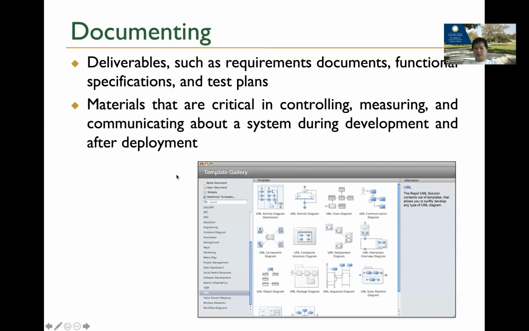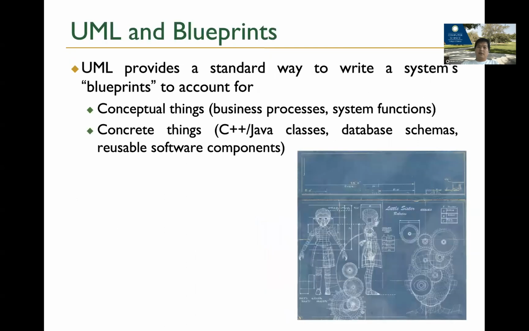And documentation, basically that's the whole purpose of UML. We try to give you better documentation for the design, for the system, for the features and everything. All right. So in other words, it gives you a whole blueprint, a big picture design for the software system. It tries to capture both conceptual things like features and functionality, but also very concrete stuff like design, database schema, relationships, associations, all of those, right? So this is important for software because software in nature is not easy to document or visualize.